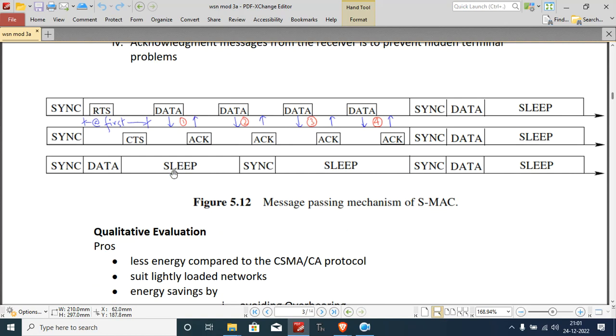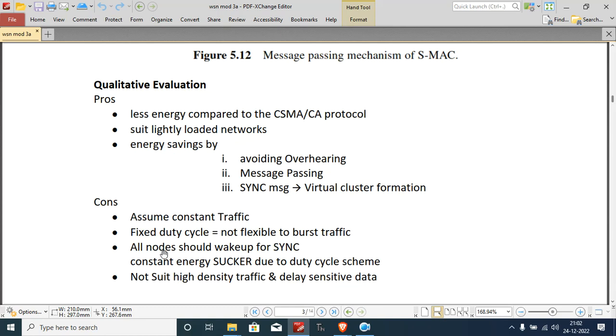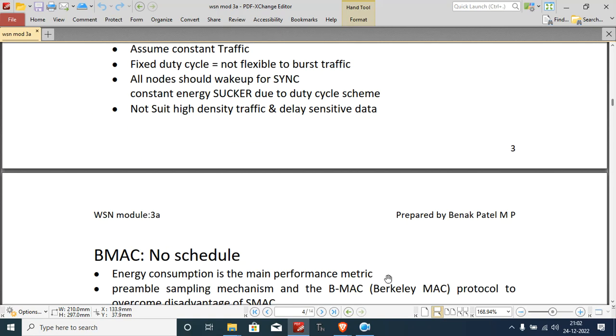Here you can see that node C, after entering sleep mode, could have stayed in sleep mode all the way, but it is waking up just to check the carrier. So all nodes wake up for the sync packet, which is a constant energy sucker due to the duty cycle scheme. And basically SMAC is not applicable for high density traffic and delay sensitive data,